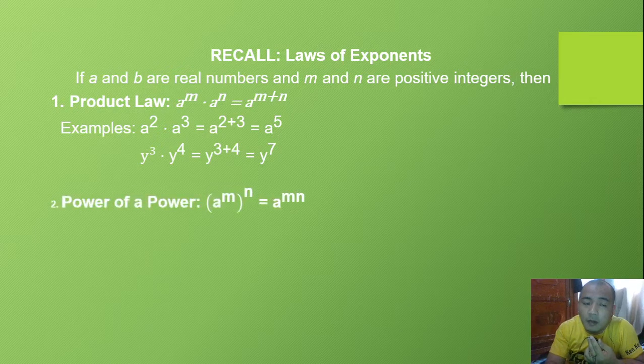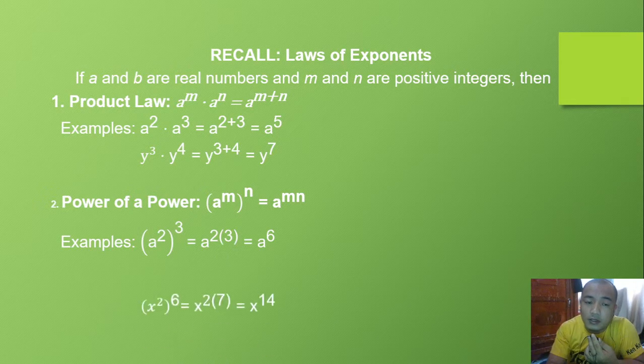Another, power of a power. If we raise a power to another power, just multiply the exponents. So a raised to m, raised to another power n, is equal to a raised to mn. Example, a squared cubed is a to the sixth power. Multiply the exponents. X squared to the sixth is,